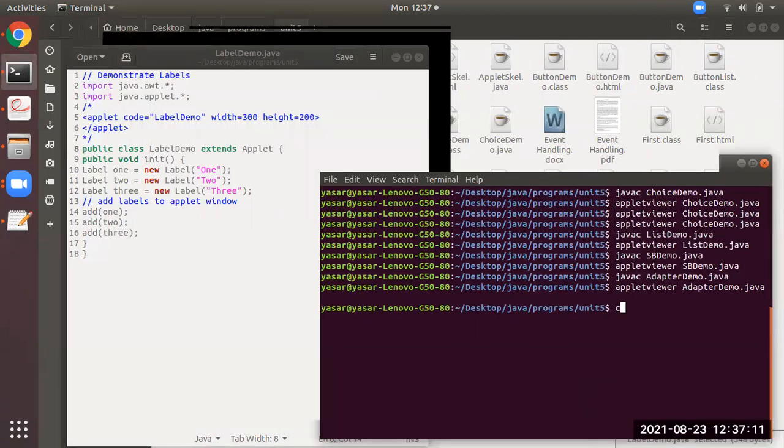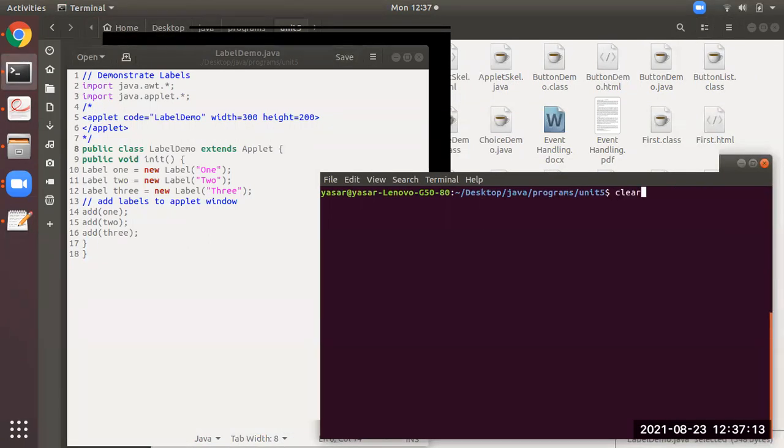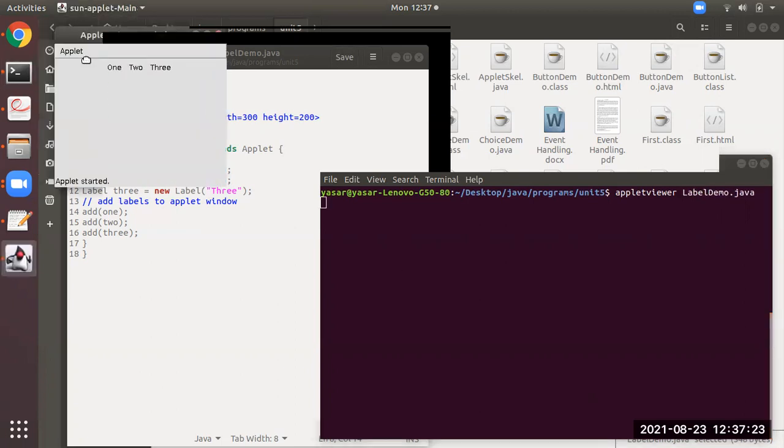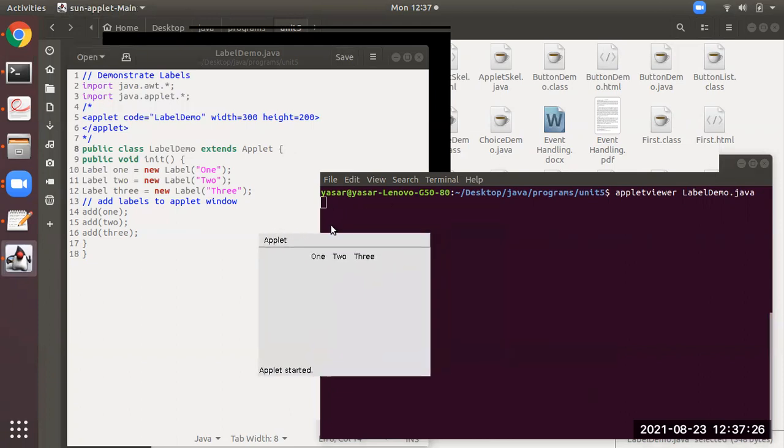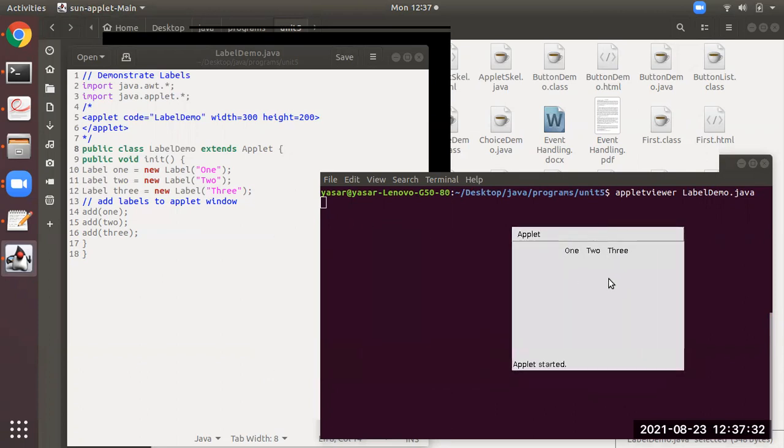See, first, clear the screen. Here, the label demo program is. Now you can see over here, this is the applet window. And over here you can see the three labels.